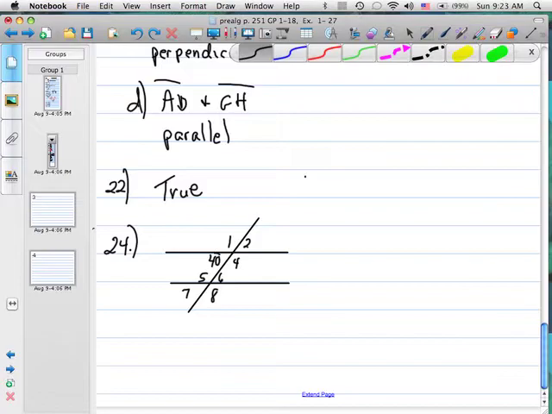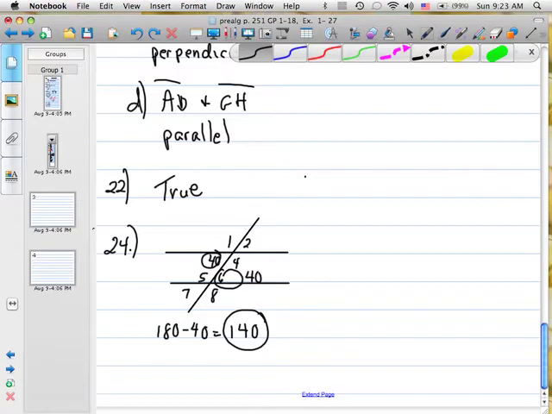Well, we know 40 and 6 are alternate interior angles, so 6 is 40. And we know 6 and 8 make 180 degrees because that's a straight line. So you just take 180 minus 40, then 6 is 140 degrees. And 26,